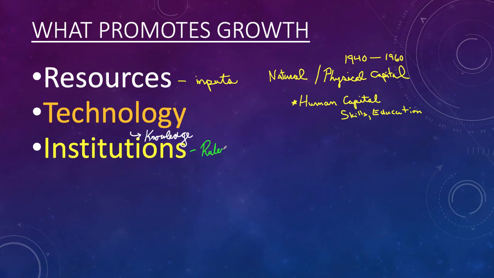Those rules of the game apply at a lot of different levels. When we're talking about the rules of the game, we're talking about not just the economic rules of the game, but also the political and social rules of the game,